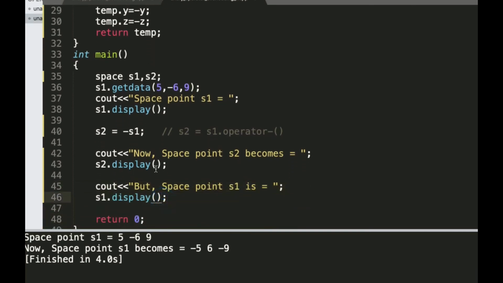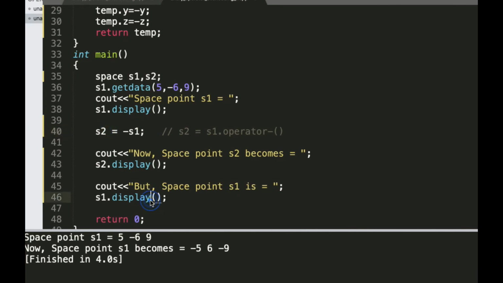So in this program we are implementing the same unary minus that is available in real life: the negative value of s1 gets assigned to s2, s1 remains unaltered, and only s2 is altered.